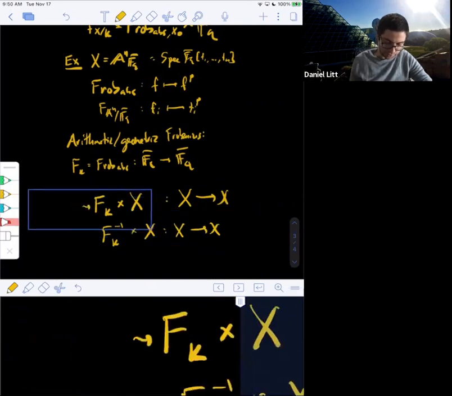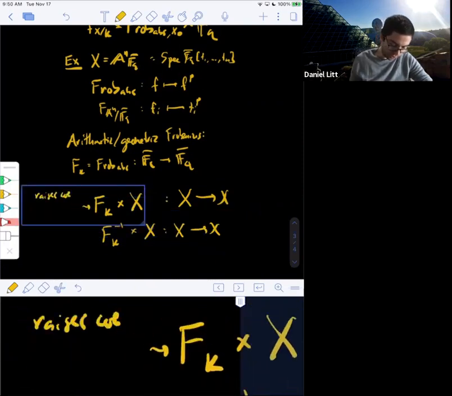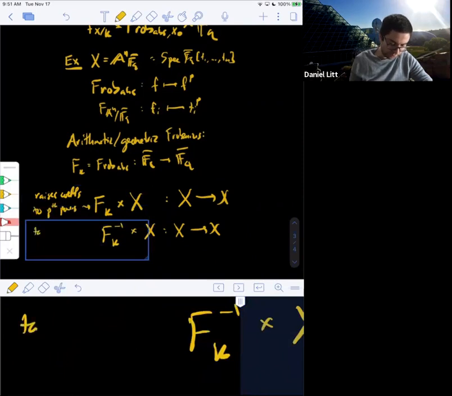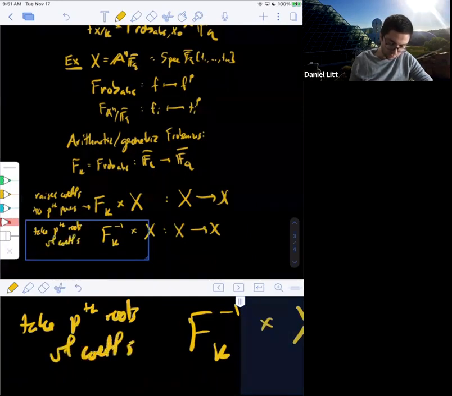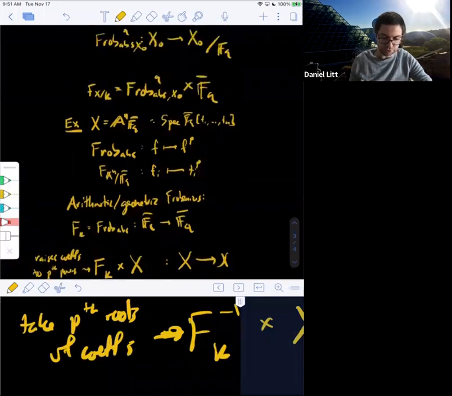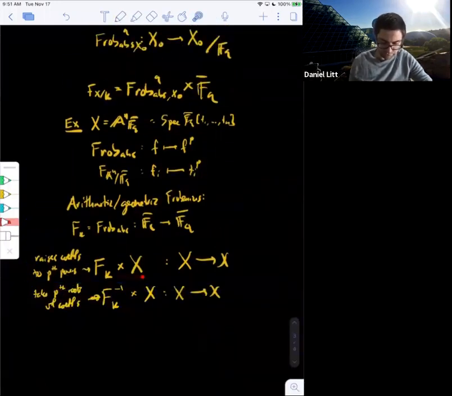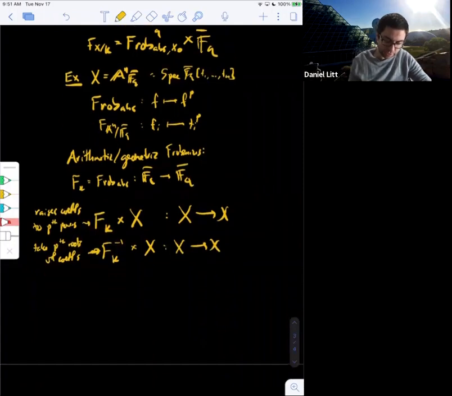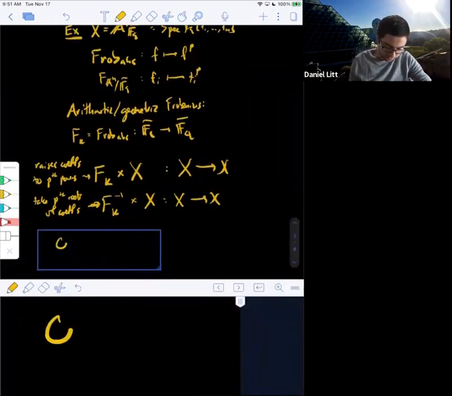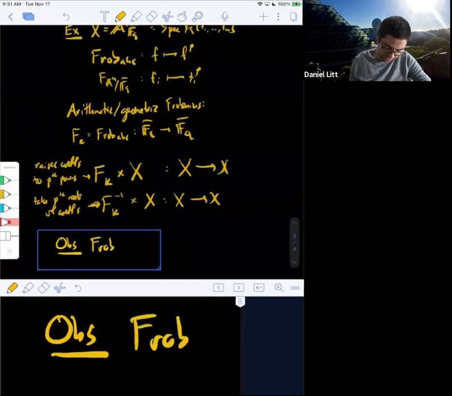But what do they do? This one raises the coefficients of polynomials to pth powers, and this one takes pth roots of coefficients. So for example, in this example of affine space, this one does stuff to F_q bar but leaves the t's alone, and the same with this. The first one raises elements of F_q bar to the pth power. The other one takes their pth roots. Okay, so these are called the arithmetic and geometric Frobenius. And the observation is that the absolute Frobenius on X